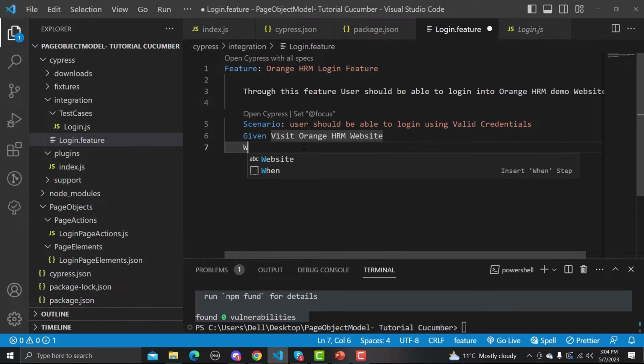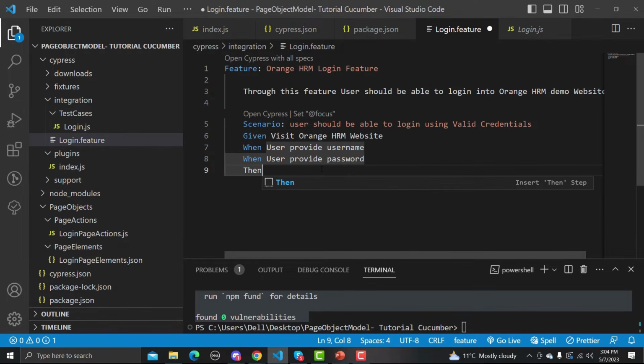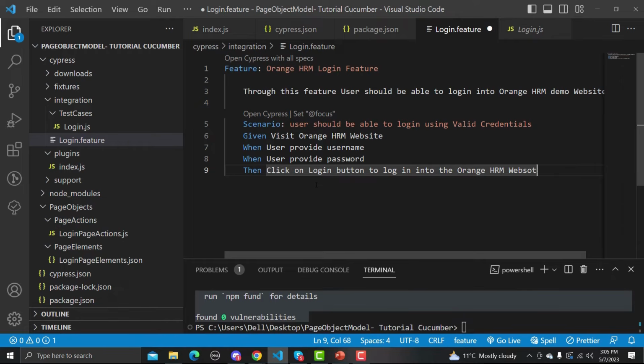Then we have, when user provide username, when user provide password, then click on login button to log in into the Orange HRM website. So we have written our steps here, and now what we need to do is that we